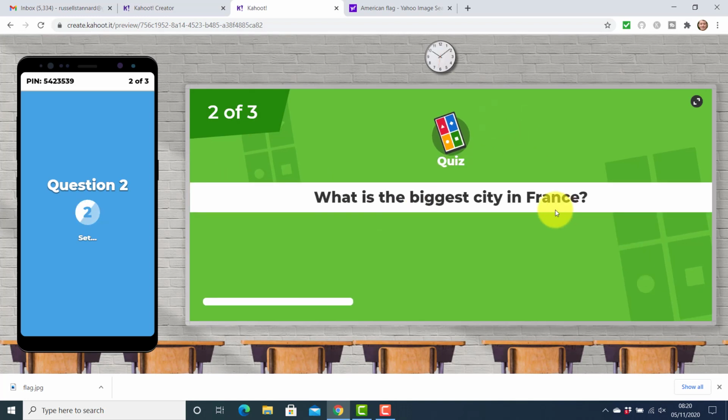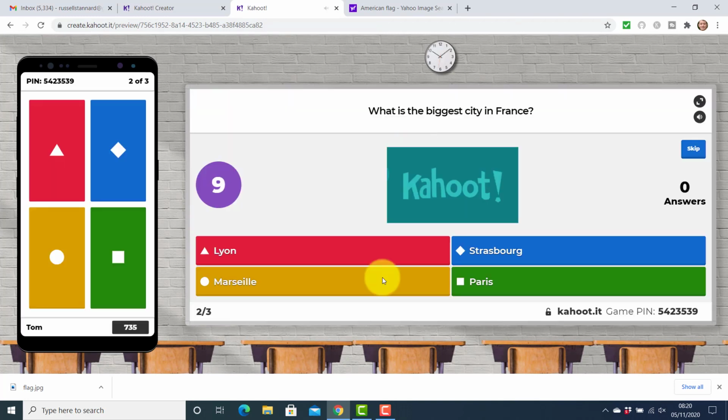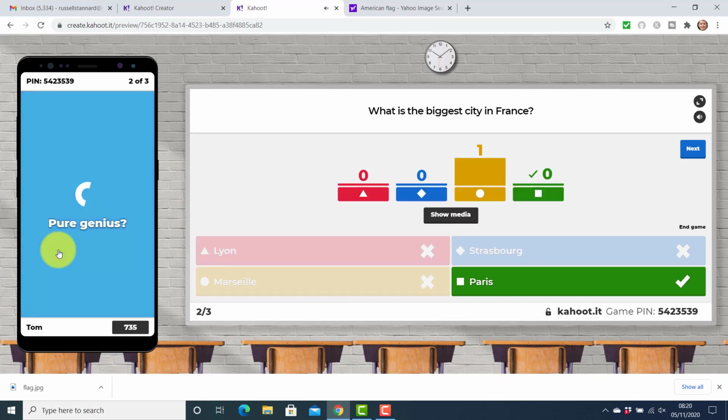The second question now appears on the screen, which the teacher is screen sharing. And the students look here and they have to put the answer. Now I'm going to put the wrong answer, so I'm going to click on that one there. Okay, and actually we get feedback that the answer is correct. Again, because everyone in the quiz is now finished, it moves straight on to show the results. Otherwise, it would wait 10 seconds.